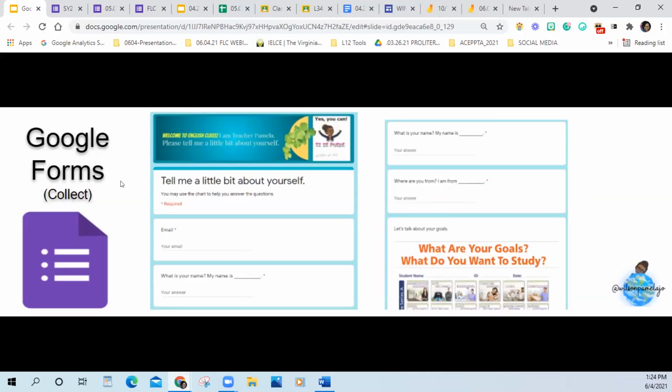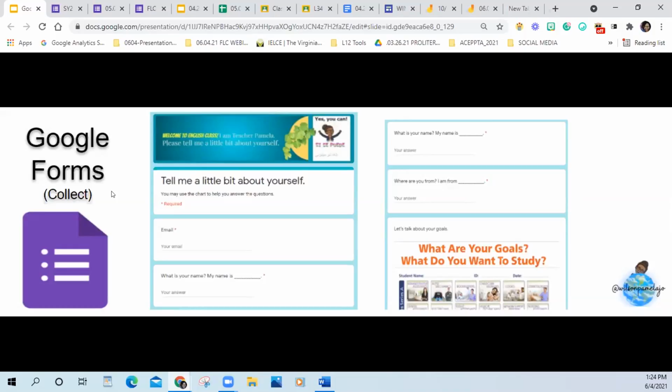Getting to know your learners is so important, because in getting to know your learners, that's the beginning of building community. That's the beginning of being able to deliver relevant lessons. That's the beginning of being able to invite your learners in to participate in the activities, because now that you know what they want to do, you can be very intentional about integrating that knowledge into everything you say. Okay, so this is a form that I give to my students